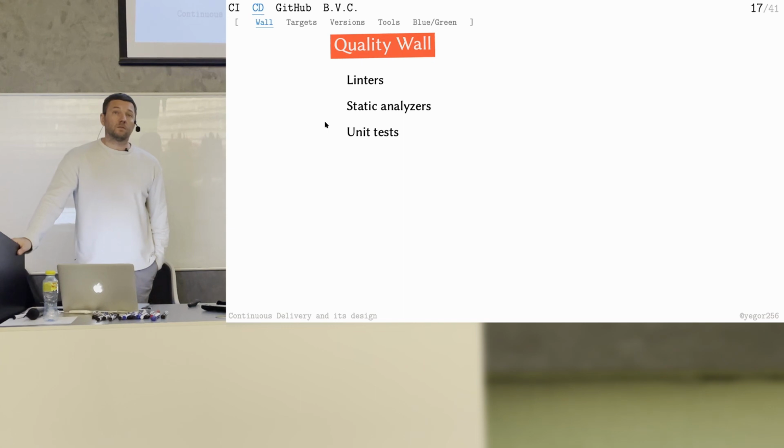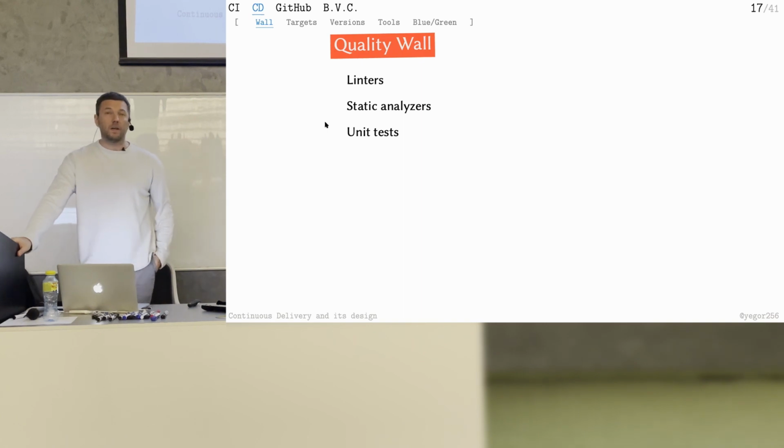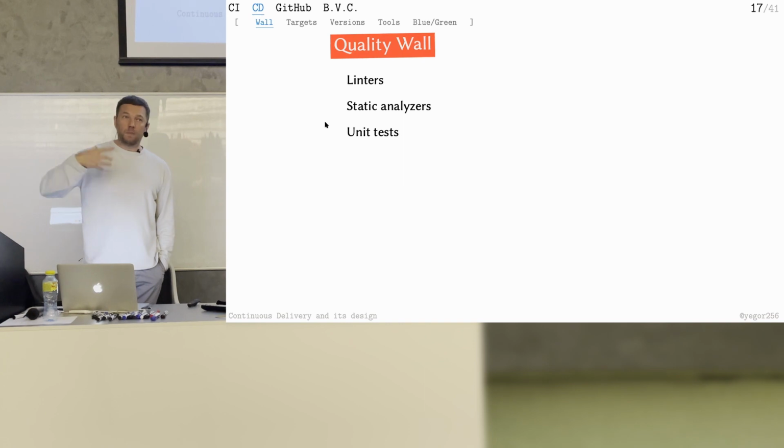Unit tests, of course, are another part of the wall. You need to make sure that inside your repository, inside your build, you have a script which builds everything. Every time you develop software, you have to have a script which packages everything together. When I take your repository, or anybody opens the repository, there has to be a script, or maybe a configuration file, which explains how, in one command from the command line, I can package everything.